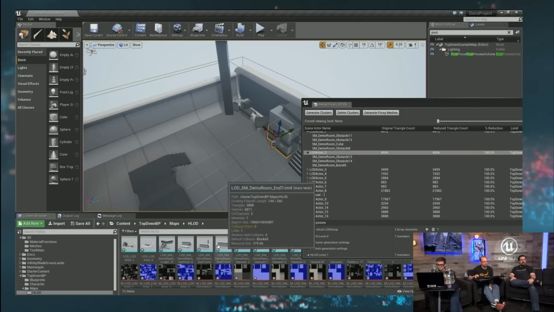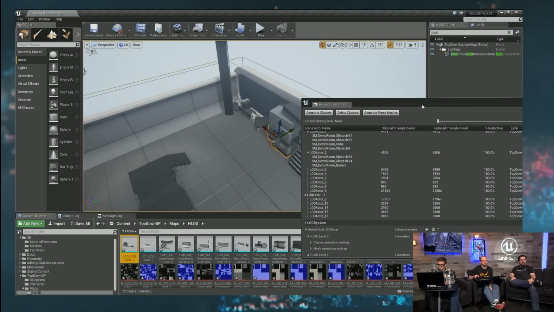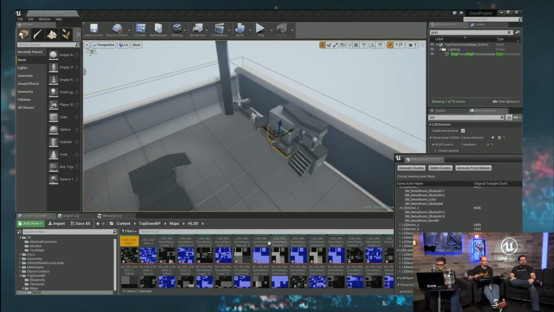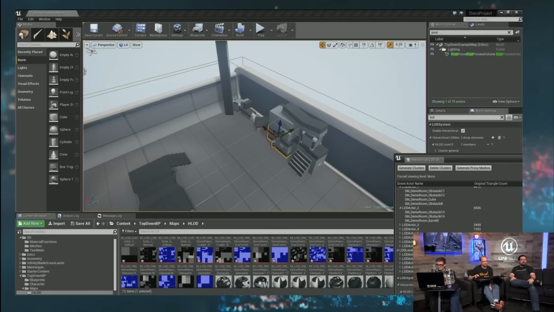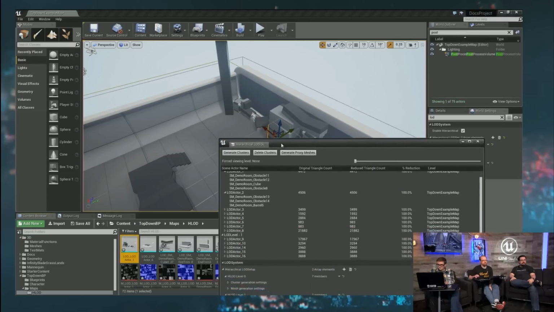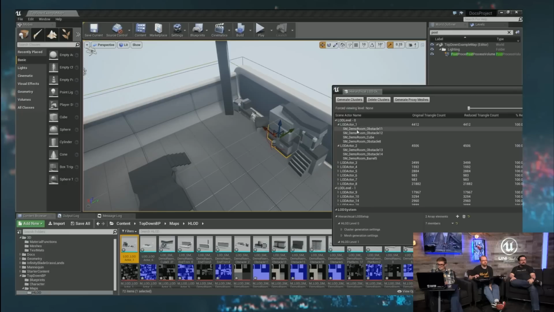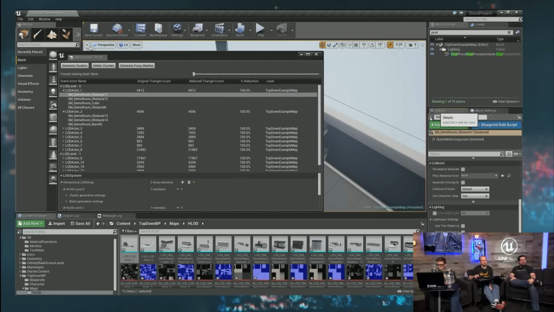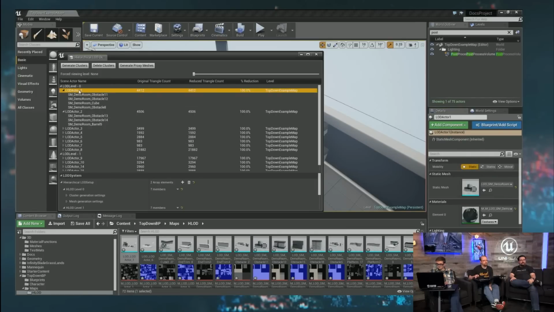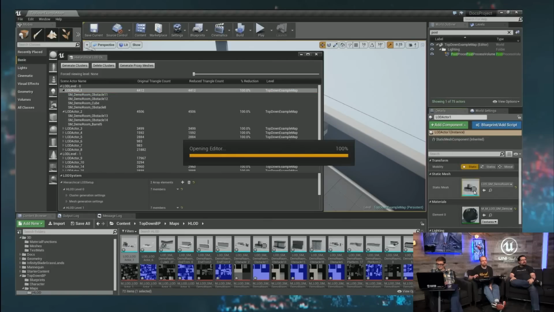So let's open up this folder, and what we're going to see here is a bunch of actors, a bunch of meshes that we've generated based off these levels here, and textures and materials. Instead of opening one of these individually, I'm going to do everything from the panel here. If I select load actor 1, and go back to my details panel, and scroll up, we get the level of detail actor here, and if I open this,